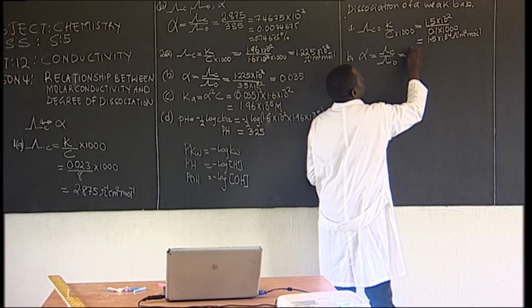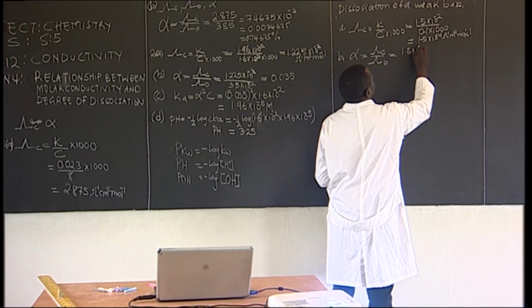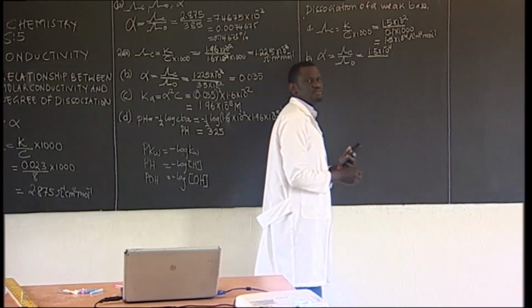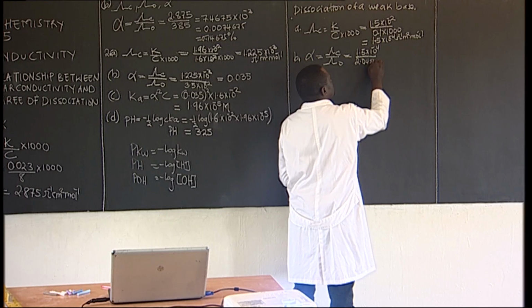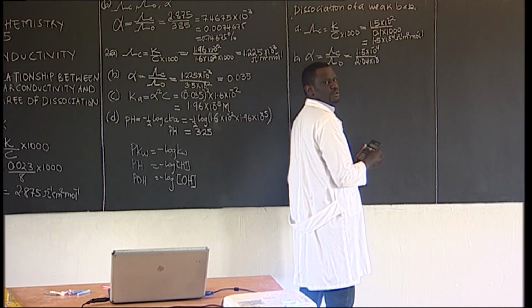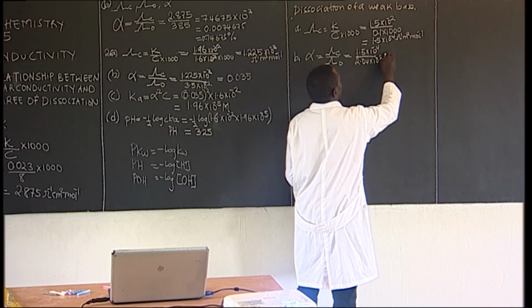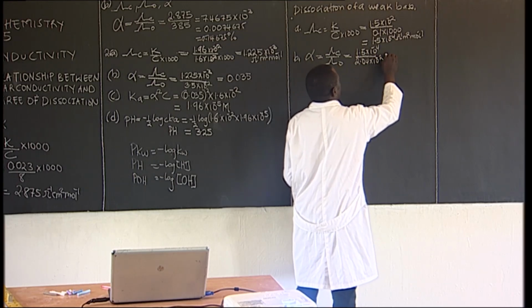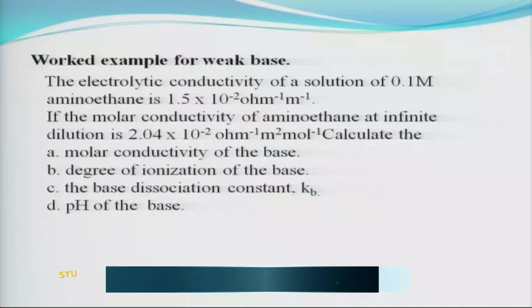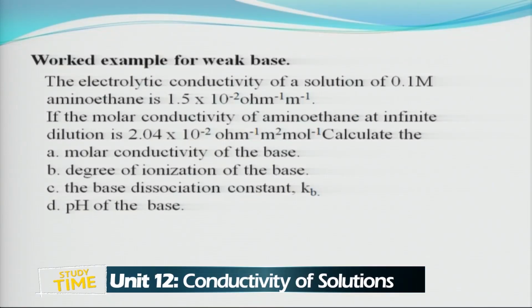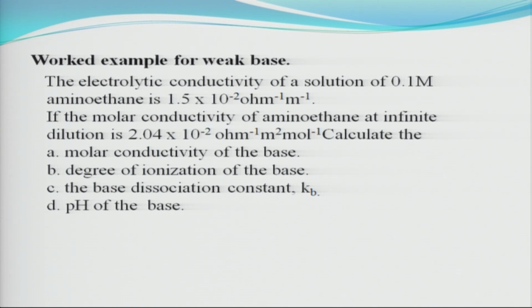So we have our 1.5 times 10 to the power negative 4 divided by the molar conductivity at infinite dilution, which is 2.04 times 10 to the power negative 2. So we divide by 10 to the power negative 2, divide by 2.04. So we have our answer as, I'm going to write many decimal places,